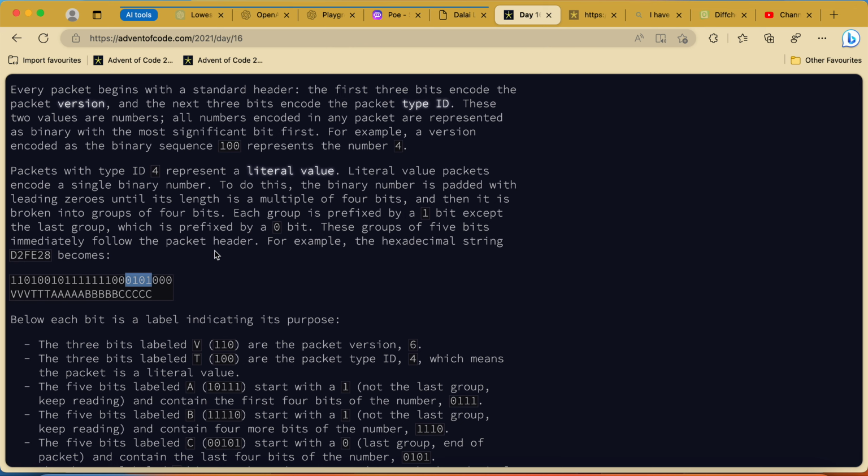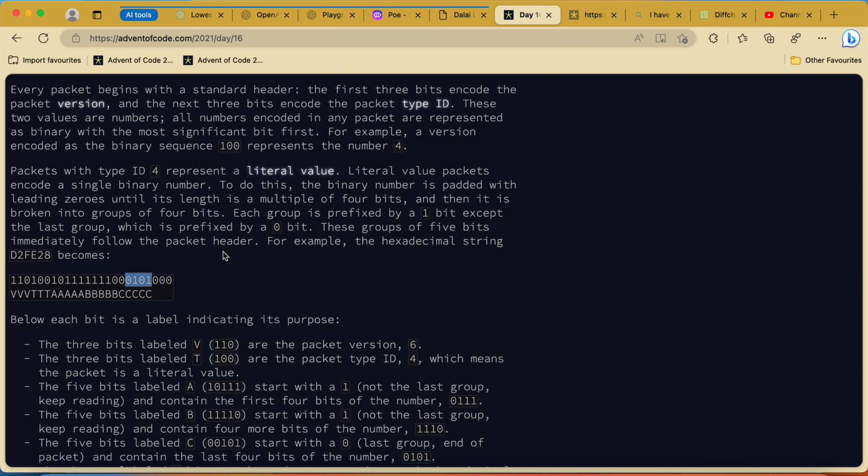For example, here we'll have 0, 1, 0, 0, which is a multiple of 4 bits, this number with padding. Each group is prefixed by 1 bit except the last group, which is prefixed by a 0 bit. This group of 5 bits immediately follows the packet's header.